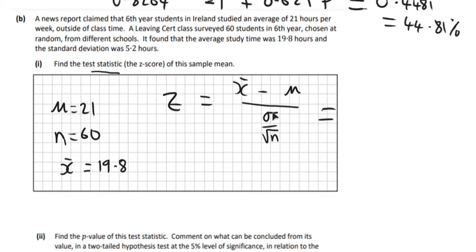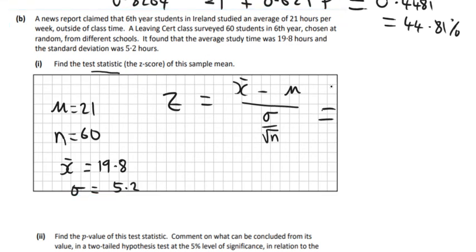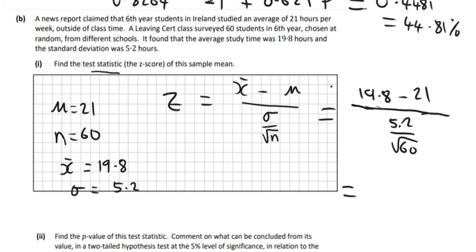And then there's just one other thing, the standard deviation of the sample. That's going to be 5.2, which is within the sample as well. So it's just putting all those things in, then we know what they all are. So you just have to put in 19.8 minus 21 over standard deviation, which is 5.2, over square root of 60. And you can put all that together into the calculator, and you should get,